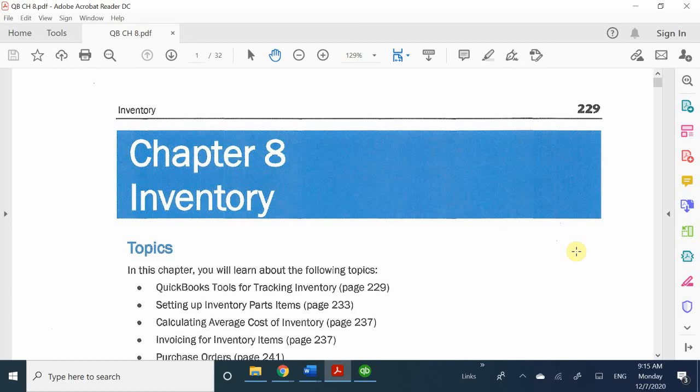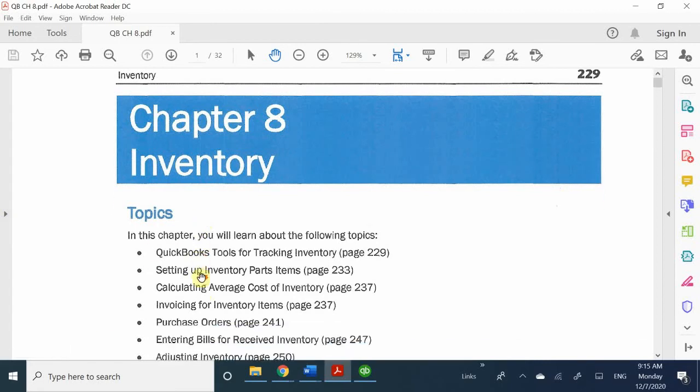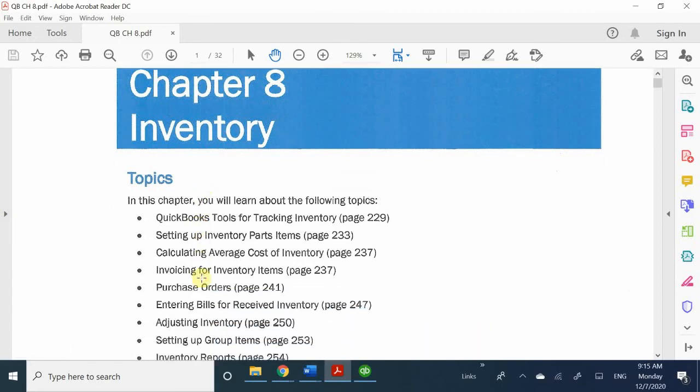This chapter is actually pretty short and pretty straightforward when you set up your inventory. Now with this one, we talked about chapter 7, where we got to create our items. And creating our inventory items is essentially a part of creating your part itself, right? So again, we're going to be looking at how to create an inventory item and how to use it in